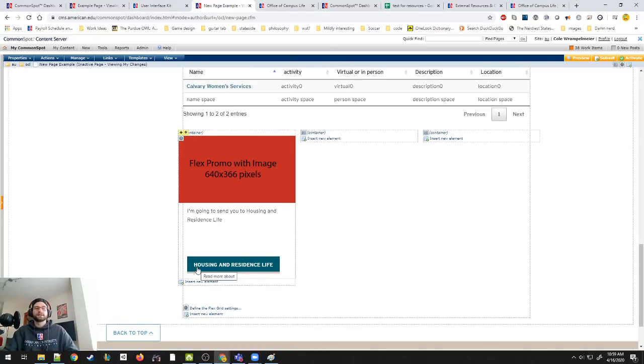Flex grid container. This is how it goes. You can see that button's starting to get a bit long. It's getting towards the edge there. So we want our links to be specific. We can't just tell people click here, but you also got to sometimes get clever. For instance, we don't like to use acronyms all the time. We have a lot in higher education, as you all know.